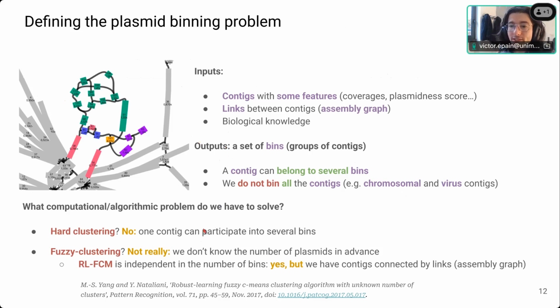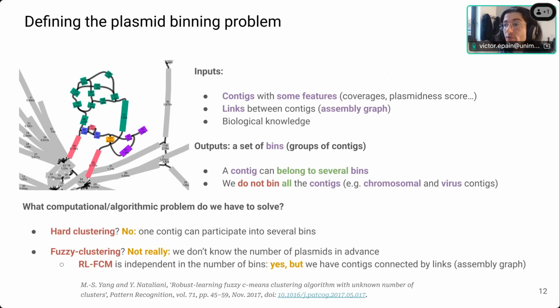Because I'm a computer scientist, my next question is what computational or algorithmic problem I have to solve. Is it a hard clustering problem? Hard clustering is when I have n groups, an unknown or known number of groups, and I want to put each sequence in exactly one group.